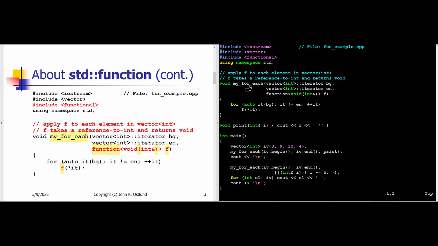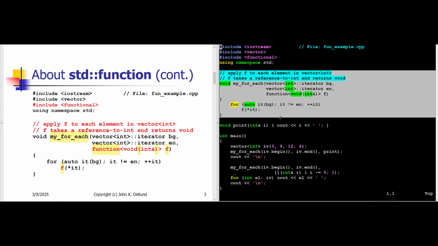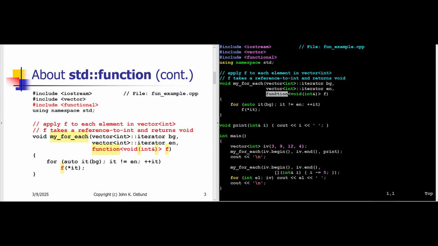All right, and so in my code, that's exactly what I have right here. Now, to illustrate that this function template type does allow me to pass various kinds of specific function-like objects into my for each algorithm,